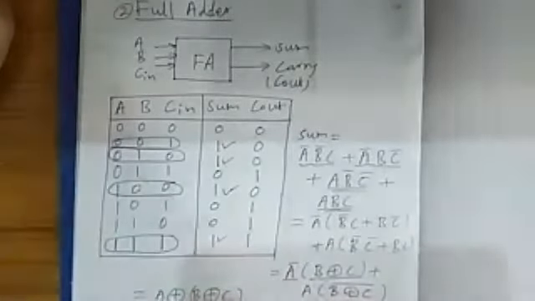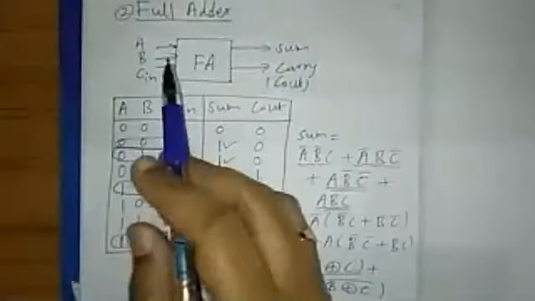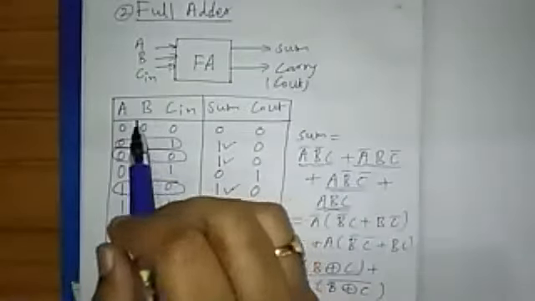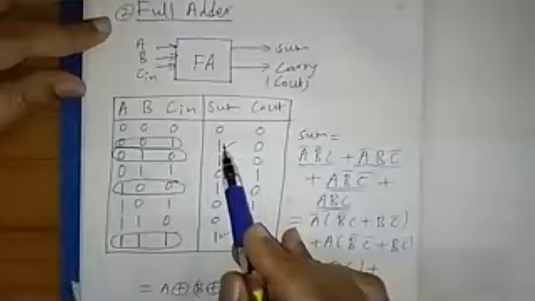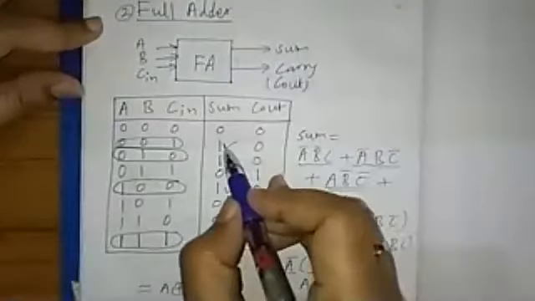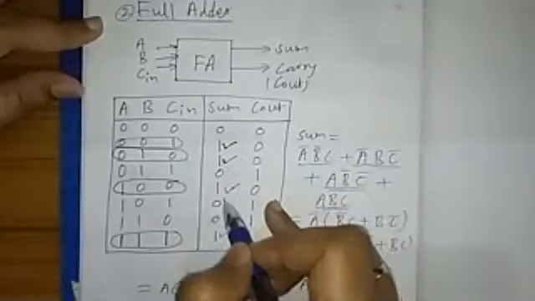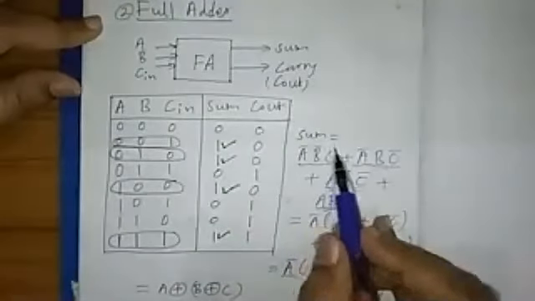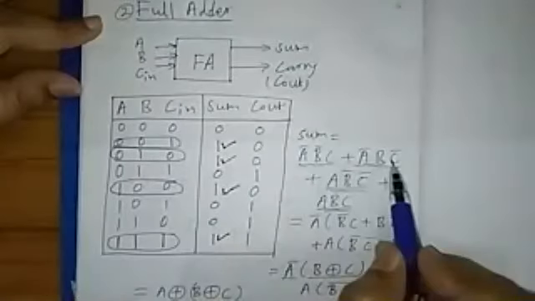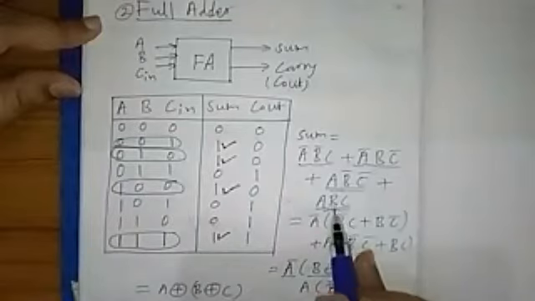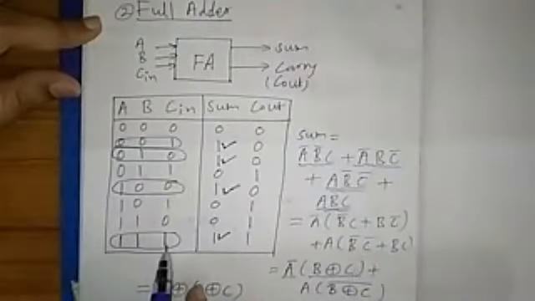Let us see this. Some full adder: A, B, C in are the three inputs. Sum and C out are the outputs. Okay, in that case, as we write the truth table here, wherever one is there, I am writing the Boolean expression for sum like this: A bar, B bar, C. Okay, and then A bar, B, C bar. Okay, after that it is A, B bar, C bar, and after that, next, the last one is A, B, C.